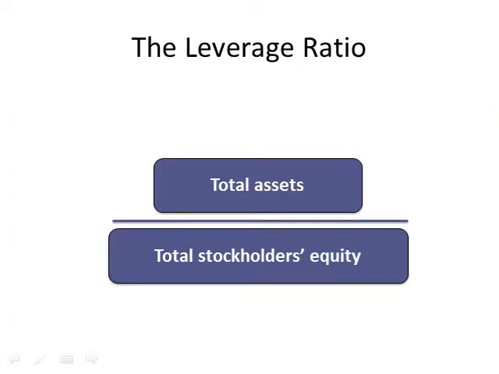Also known as the equity multiplier, this ratio shows a company's total assets per dollar of stockholders' equity. A leverage ratio of exactly 1 would mean a company has no debt, because total assets would exactly equal total stockholders' equity. This condition is almost non-existent because virtually all companies have liabilities and therefore have leverage ratios in excess of 1.0.